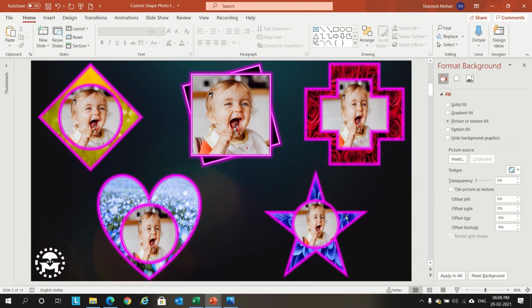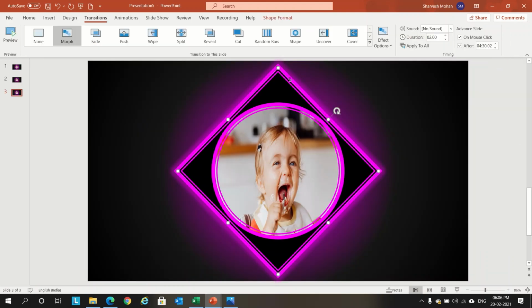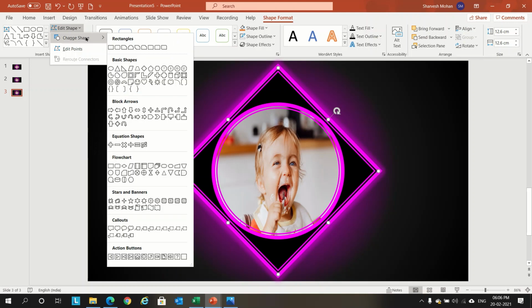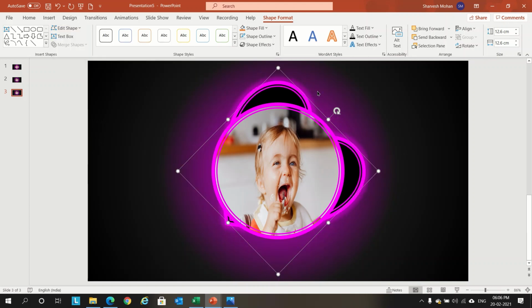We'll create this shape, the arch shape. We'll click the right upper outer rectangle. Again, click on this, go to Shape Format, Edit Shape, Change Shape, and we'll give an arch shape over here. Arch shape is available in this option. So we'll select this. This is tilted.